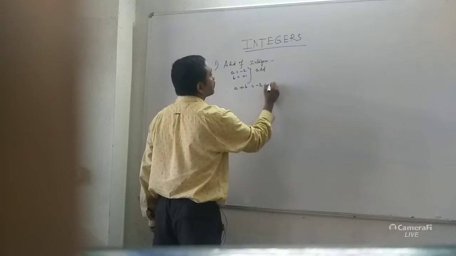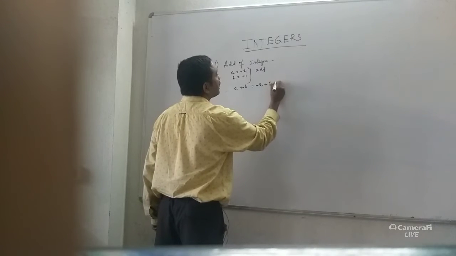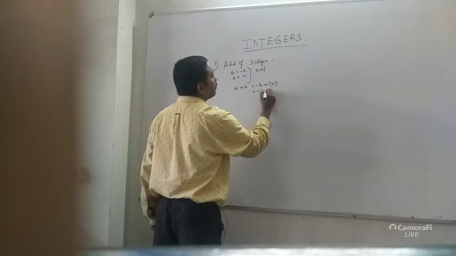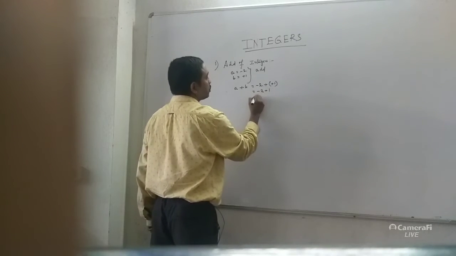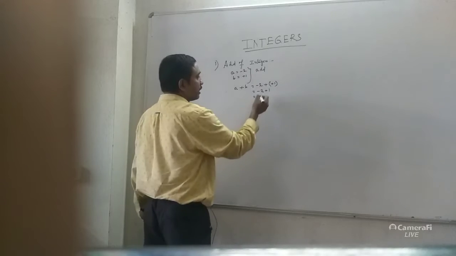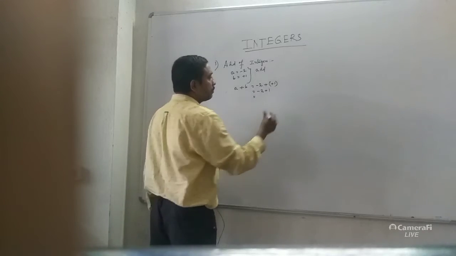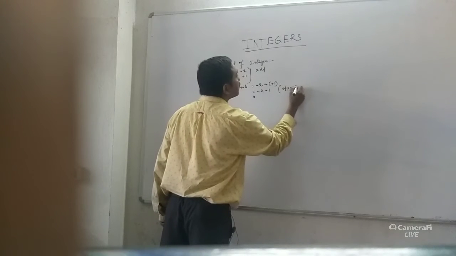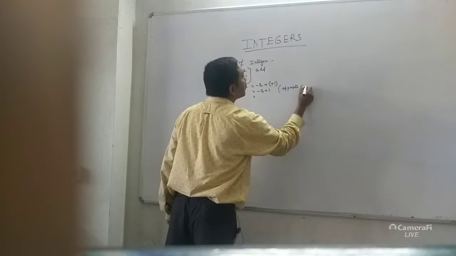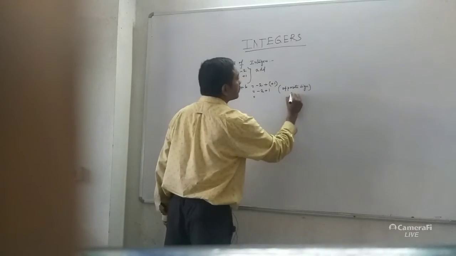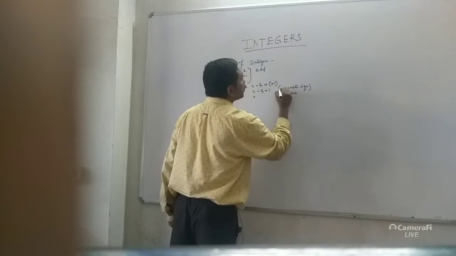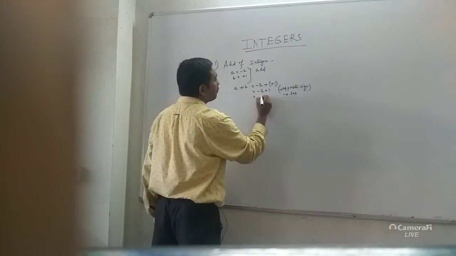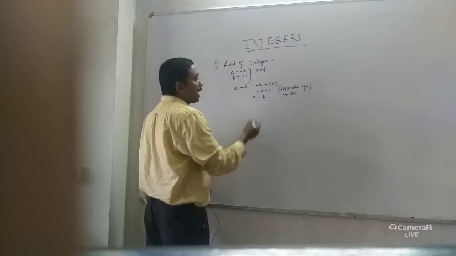So plus 1, you can write it in such a way. Minus 2, and plus multiplied by minus gives minus, so plus 1 comes. Look, both digits have different signs, opposite signs. Whenever the signs are opposite, you do subtraction. So minus 2 plus 1. What value comes? Minus 1.